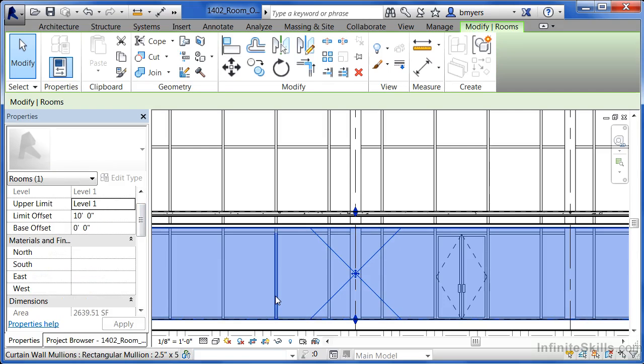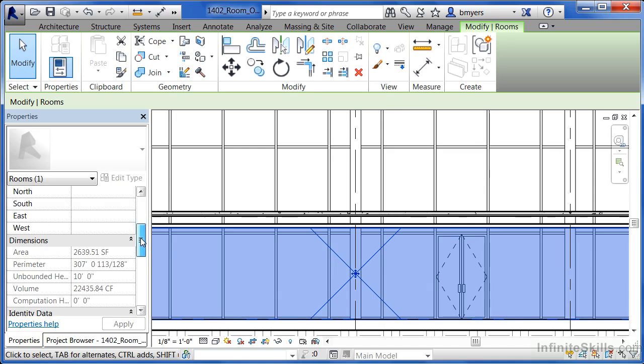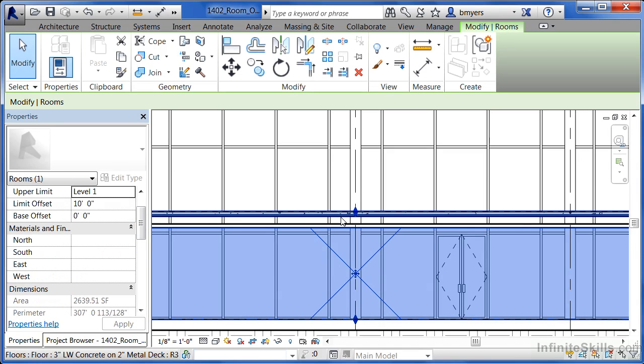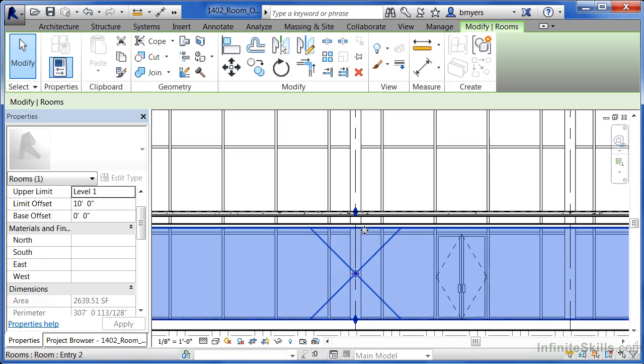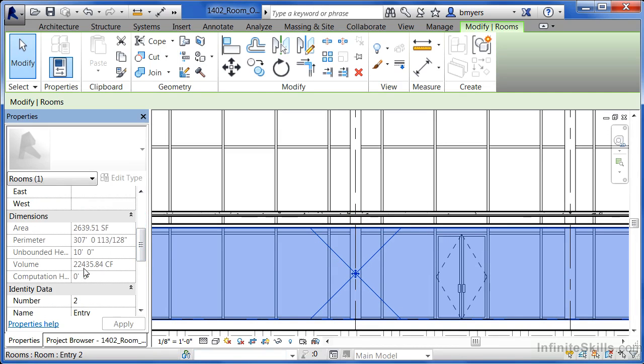Even though the room says that it's 10 feet tall and we can see the limit offset right here, it's not actually taking its volume all the way up to the 10-foot mark. What happens is floors, ceilings, and walls are all objects which are called room bounding objects. What this means is that up to a 10-foot elevation, this room can give you its correct amount of cubic feet of volume. Because it's only going up to the ceiling, we can see that the cubic feet of volume is going to be